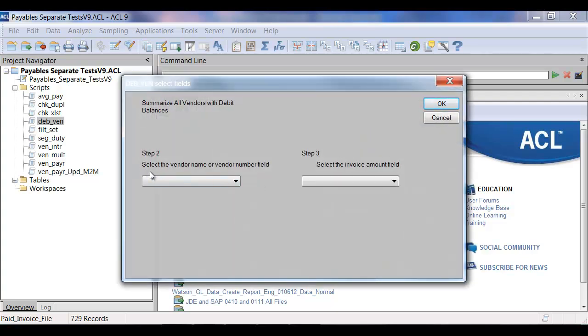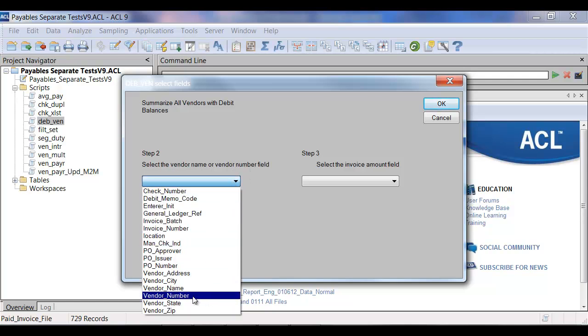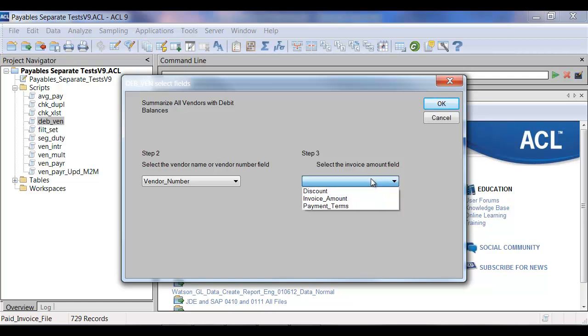Then we're going to select the vendor name or number field. In this case, I will go down and select vendor number, and then the invoice amount field that you want to select, and in this case we'll select invoice amount. So regardless what data file you have, as long as it represents a paid file and it has the vendor number field and the invoice amount field, you're fine and can run this script and not have to know anything else really. The script will do all the work for you. So let me click on OK,